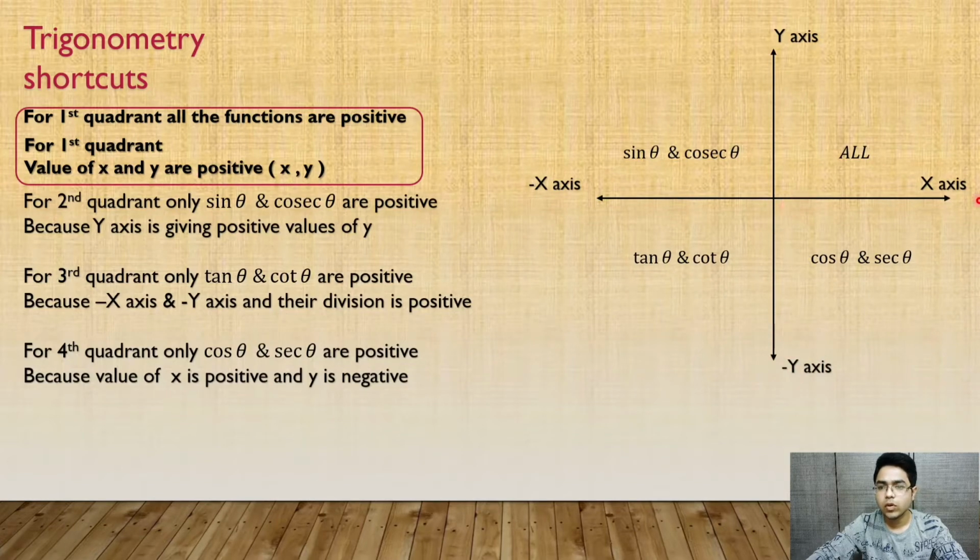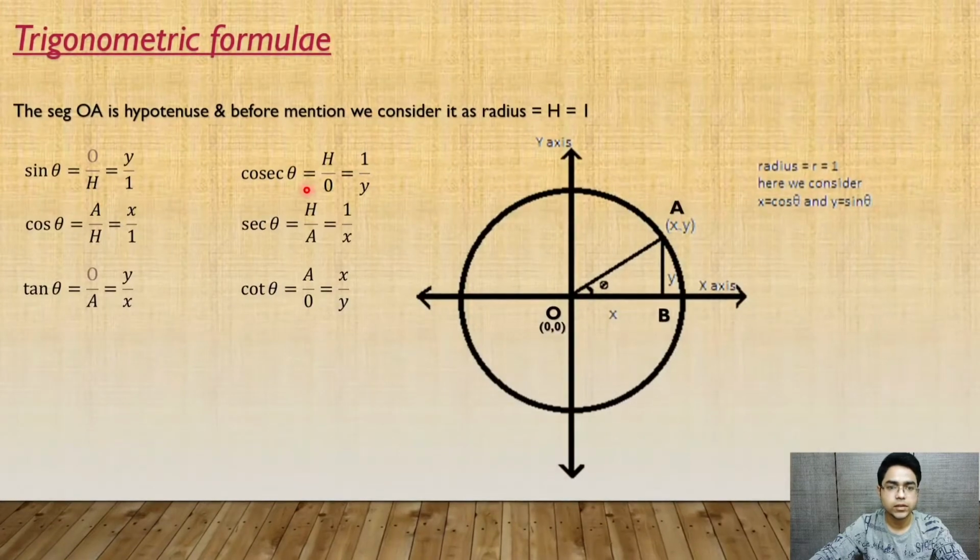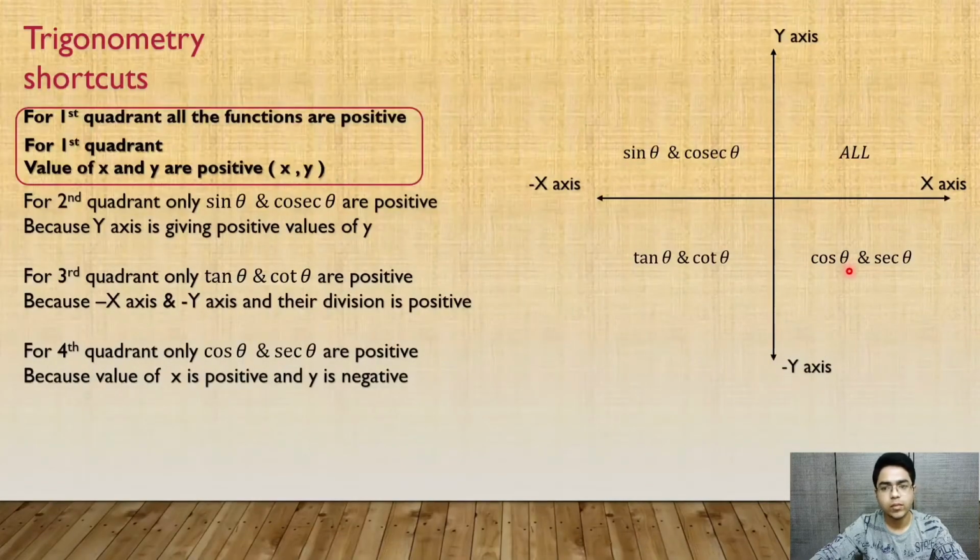Here in the fourth quadrant, cos theta and sec theta are positive, as here y is negative and x is positive. The values of x will be positive and y values will be negative, which will not affect cos theta and sec theta, as sec is the reciprocal of cos theta. The cos theta value we have seen before is x, so it won't be affected by the negative values. Now turning to the next page,